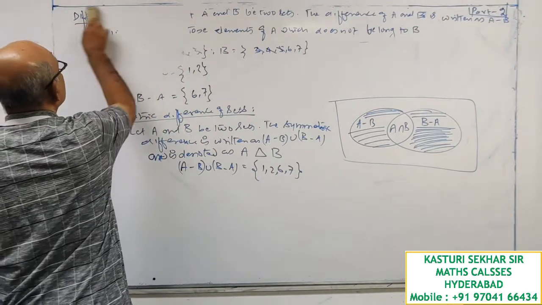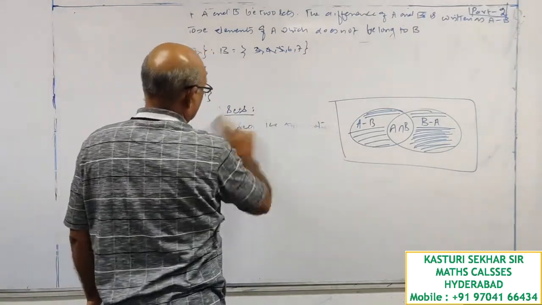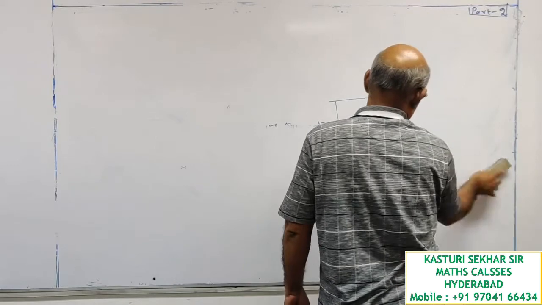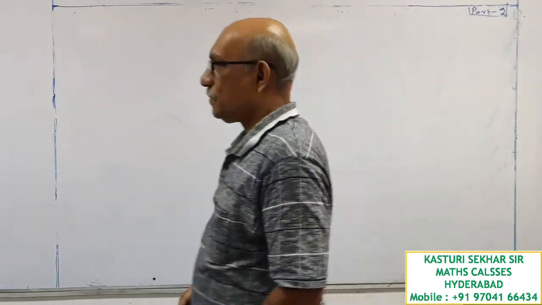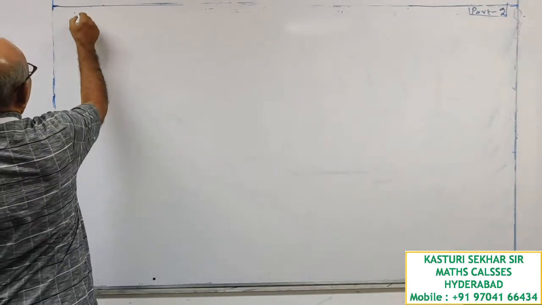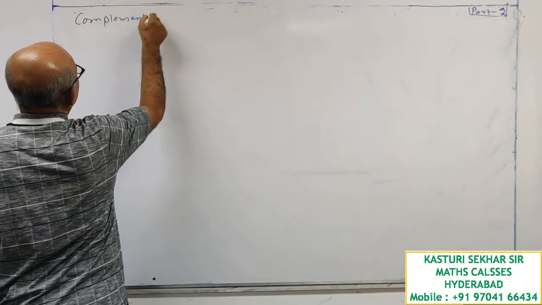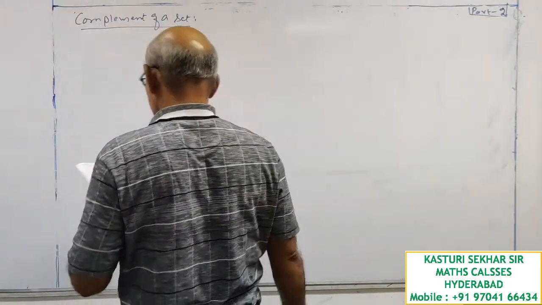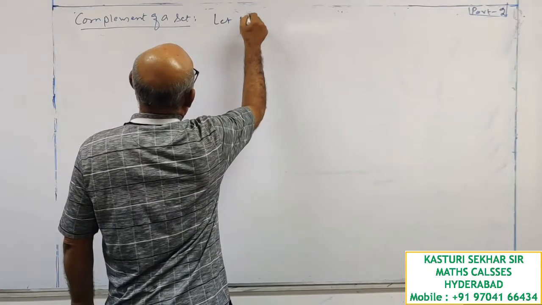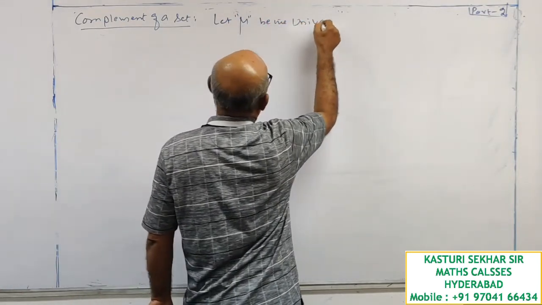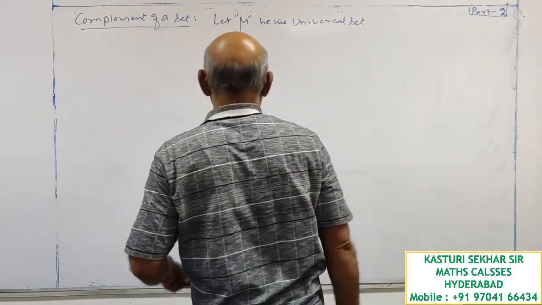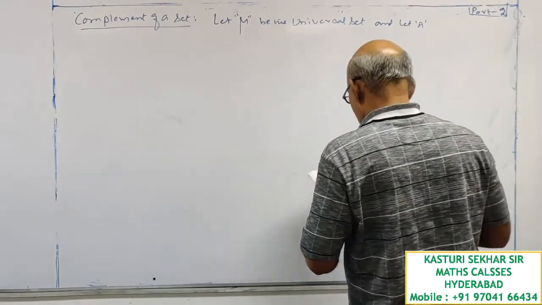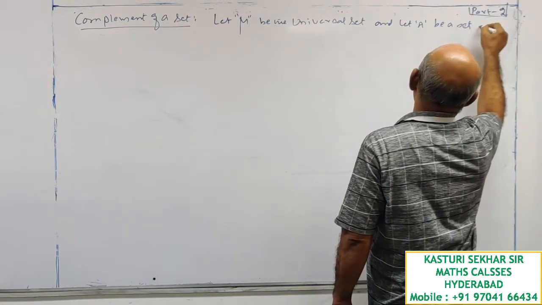Next, complement of a set. Let mu be the universal set, and let A be a set such that